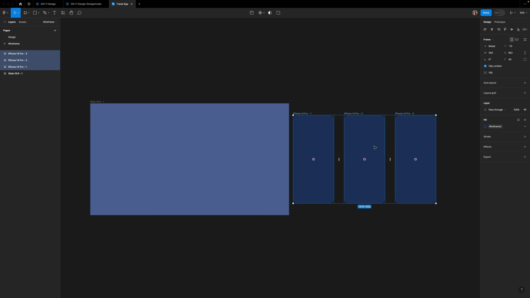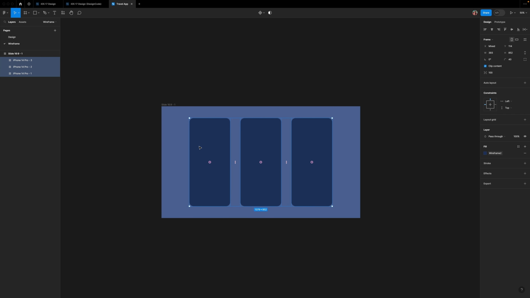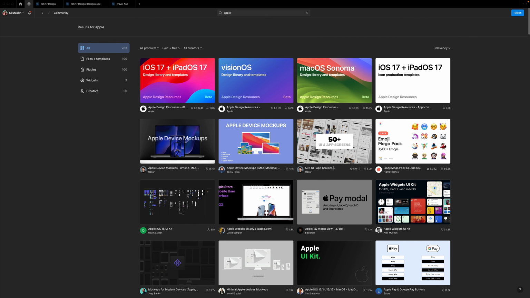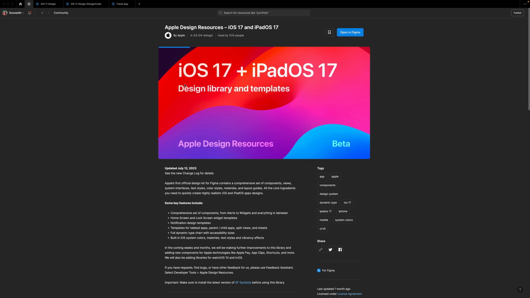Now we're going to bring the 3 iPhone 14 Pro frames inside the presentation frame. Make sure to align them in the center of the frame. Ensure you have a copy of Apple's first official design kit for Figma, Apple Design Resources, iOS 17 and iPadOS